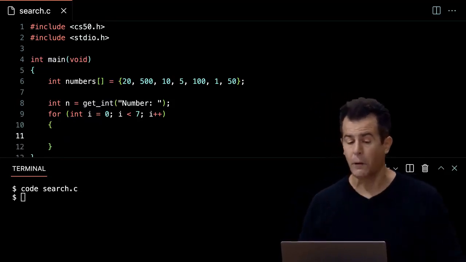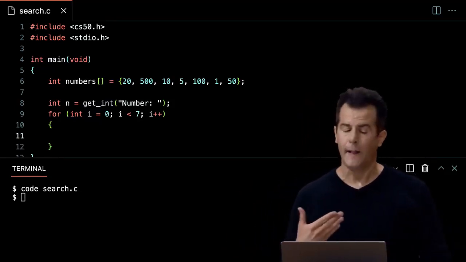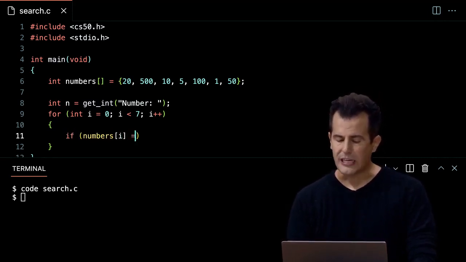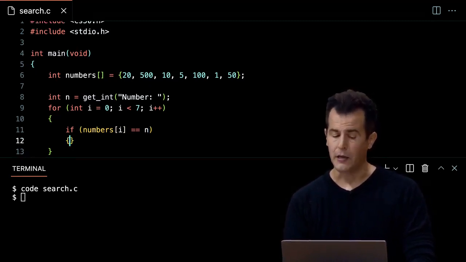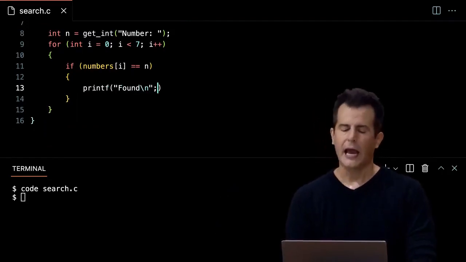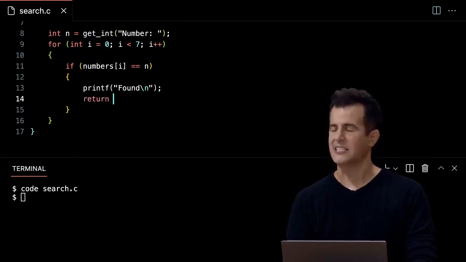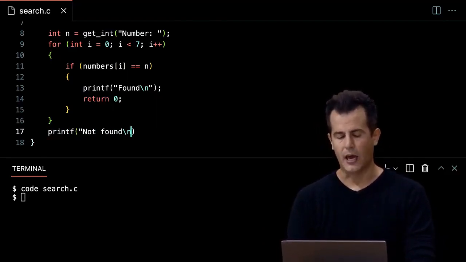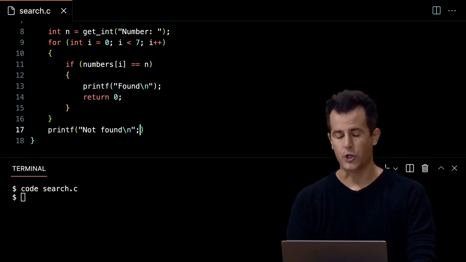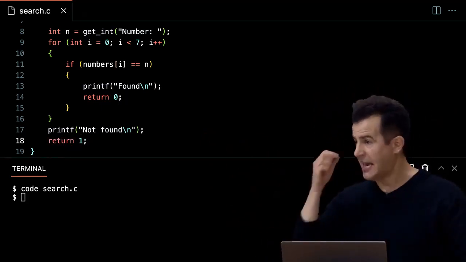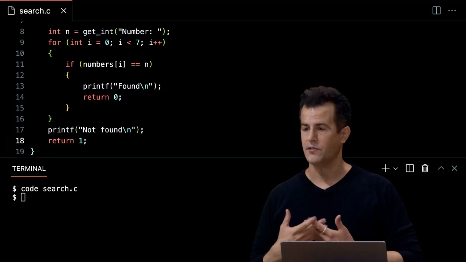So now I have the beginnings of a loop that will just allow me to iterate over the entire array. And let me ask this. If the current number at location i equals n, which is the number the human typed in, then let's go ahead and do something simple like printf, quote unquote, found, \n. And then, per our discussion last week, to indicate that this is successful, I'm going to return 0 if I found it. And if I don't find it, I'm just going to go down here and by default say not found, \n. And just for convention, I'll return 1, or really any value other than 0. 0, recall, means success, and any other integer tends to mean error of some sort,